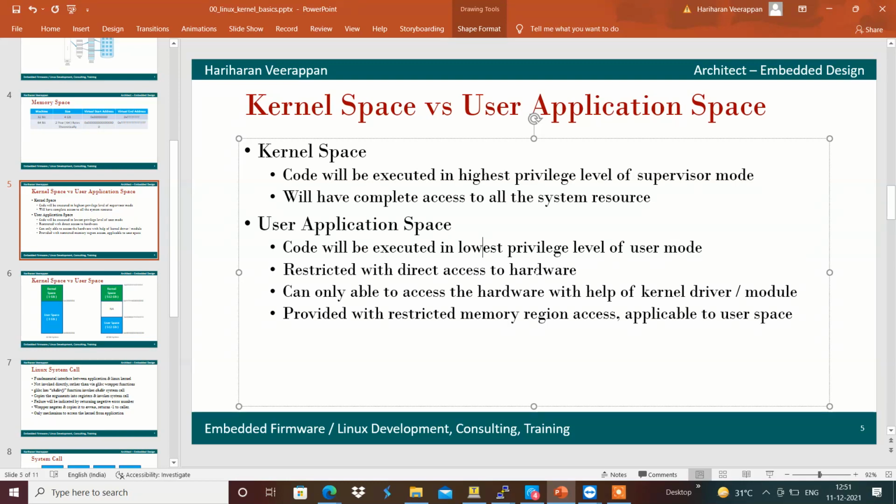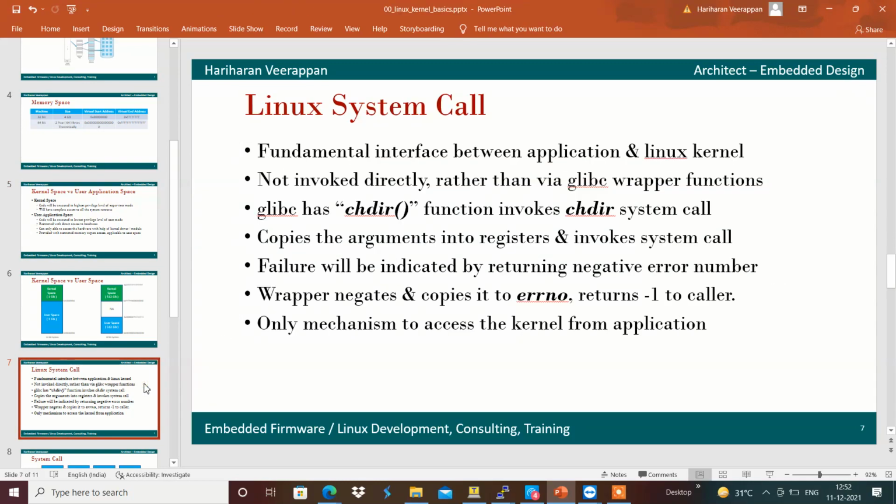If it wants to access the hardware, Linux provides an interface called the Linux system call. The Linux system call is a fundamental interface between a user space application and the Linux kernel.